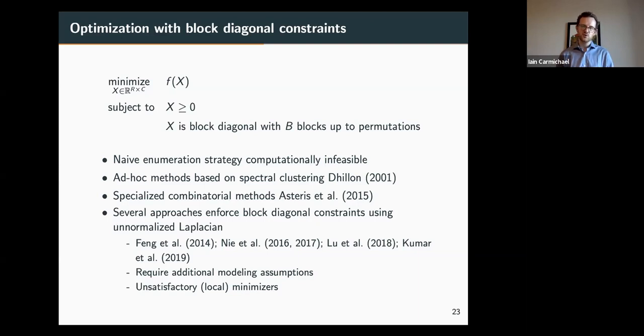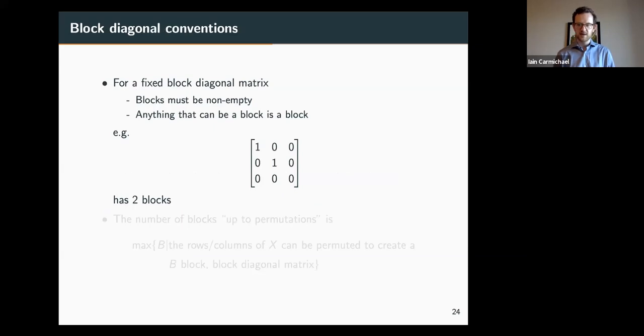And to get it to work, you have to make stronger, maybe stronger than you would want, modeling assumptions. And without those, you really just get unsatisfactory local minimizers of a different problem. But I'll explain what I mean by that in a second. So let's